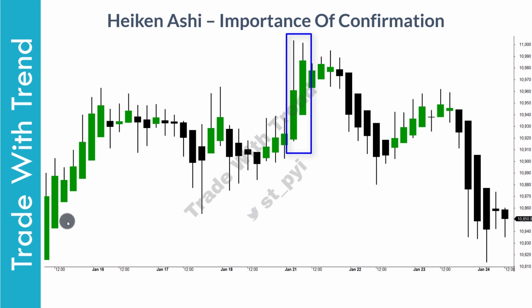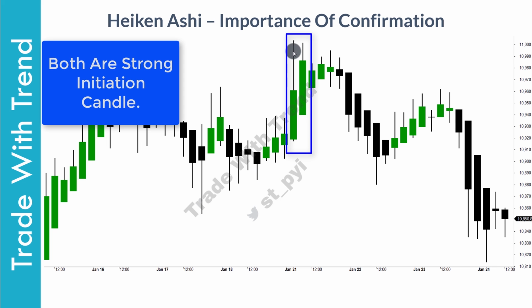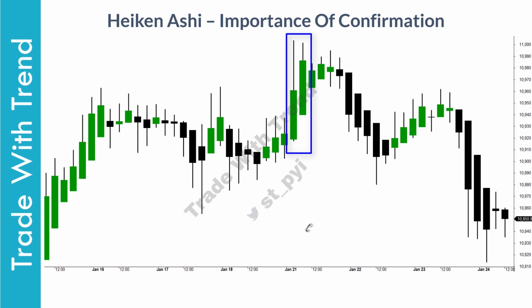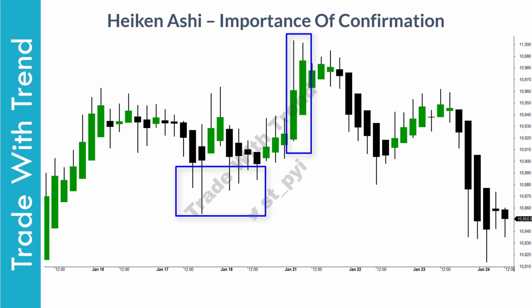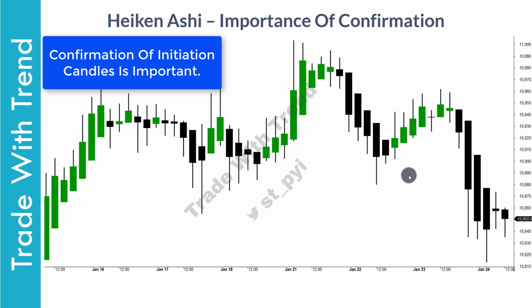If you look at the chart in front of you, these are two initiation candles that are visible here. Now, while the first one had a long shadow, the second one reaffirmed the direction of trend and momentum. These two candles were coming on the back of long shadow demand candles as I've marked here on the chart. Now once these initiation candles showed up, there was no confirmation from continuation candles. We just got a couple of indecision candles here and price started moving lower.